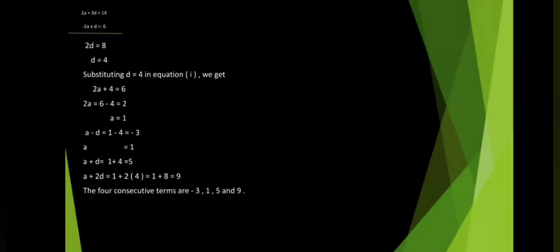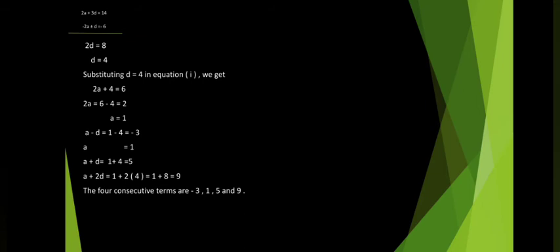So what we'll get? 2a is equal to 2. Now if we solve this, a is equal to 2 upon 2. So 2 gets cancelled. What will remain? Only 1. So the value of a is 1. Okay. Now if we compare this question with the previous one, here we have only one value of d. So we'll find all the 4 terms only one time. So what is the first term? A minus d is equal to, the value of a is 1, minus the value of d is 4. So if we solve this, 1 minus 4 is nothing but minus 3. Then a is equal to 1.